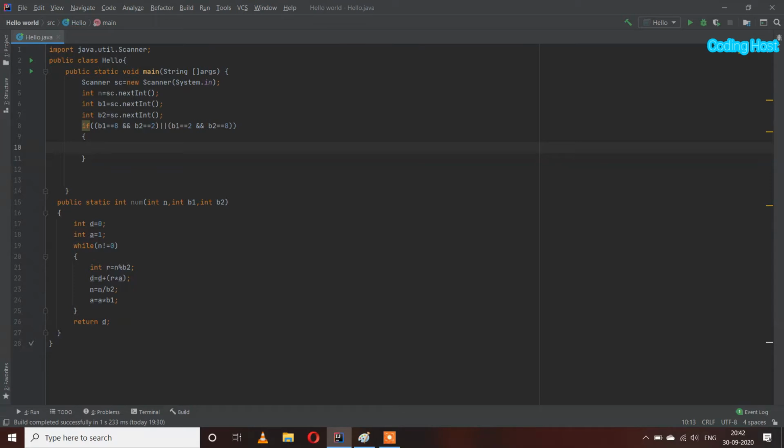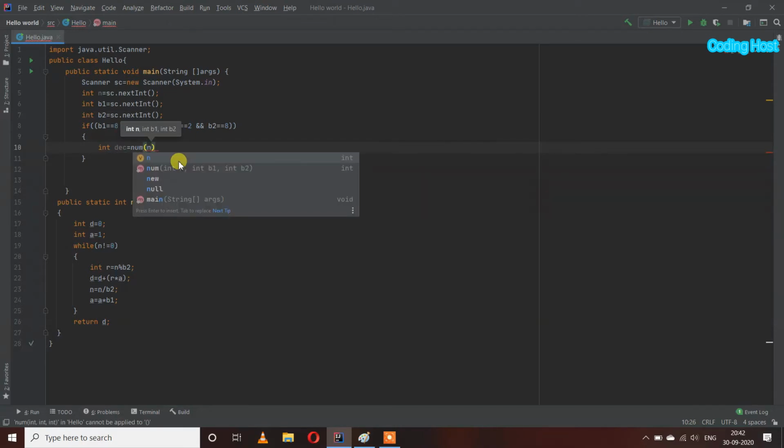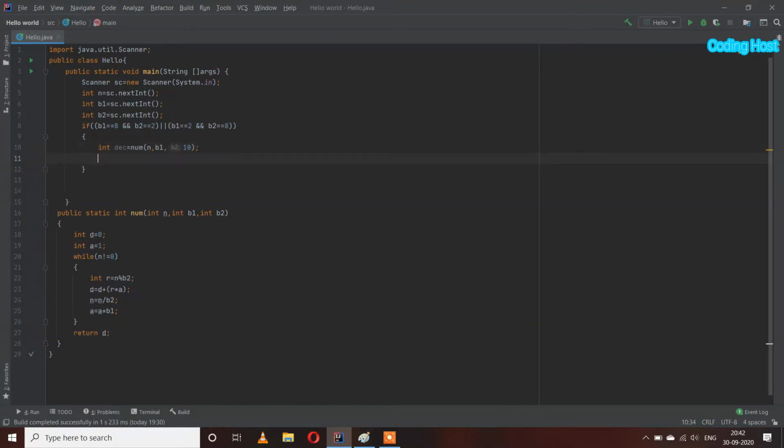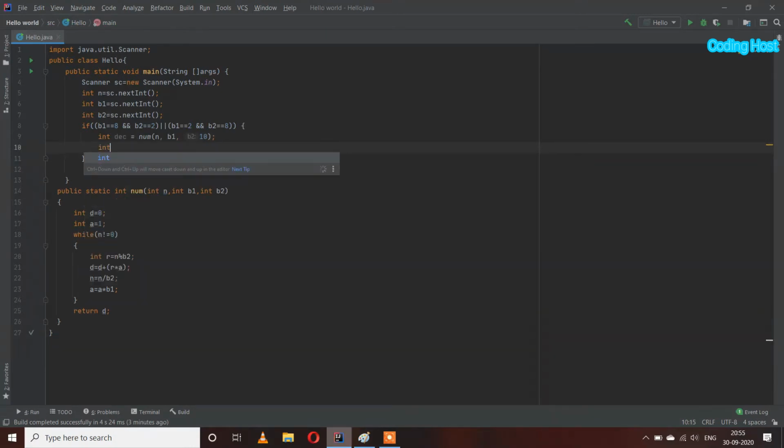So I will take a variable int dec equal to num, and in this I will pass n, b1 and then 10 to make it first a decimal number. After that I will take a variable int d equal to num, and in this I will pass dec, its base 10, and b2.